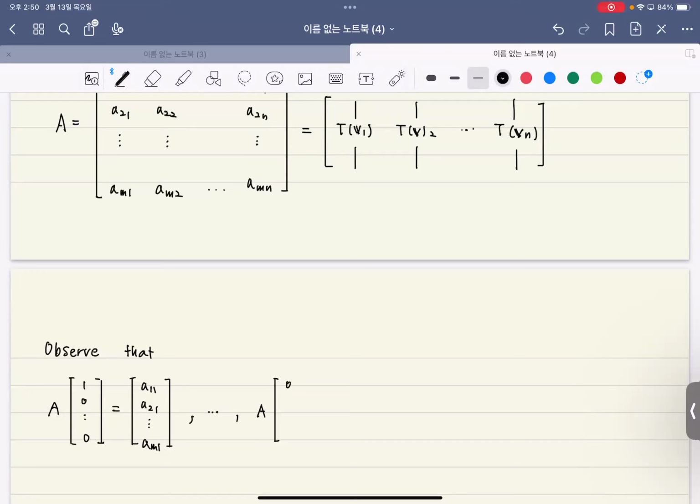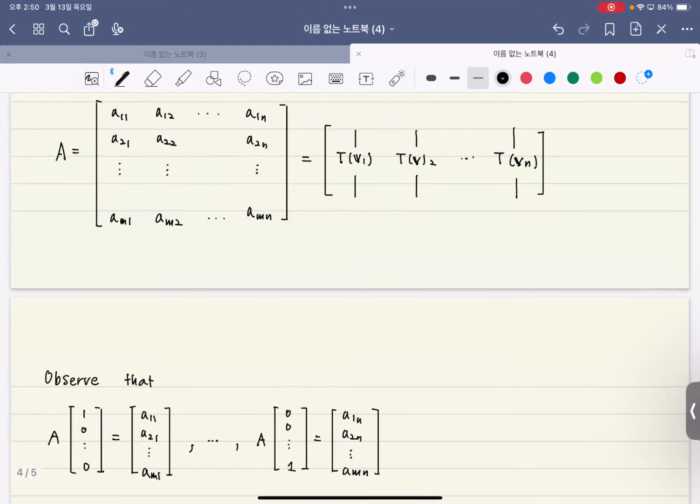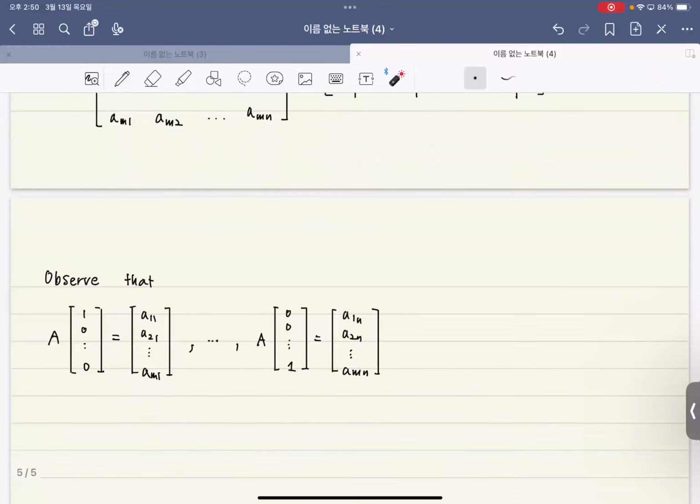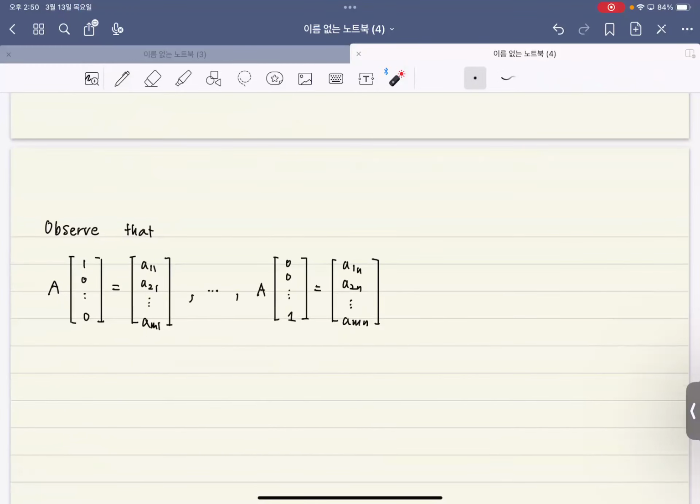And the last column is A1n, A2n, AMN. Okay. So combining all this,